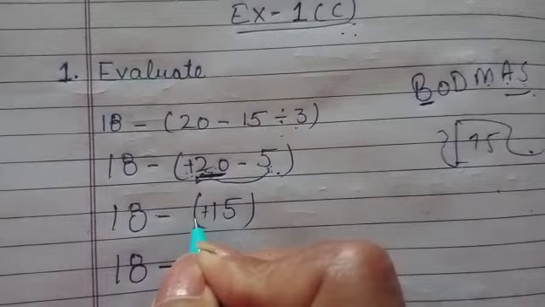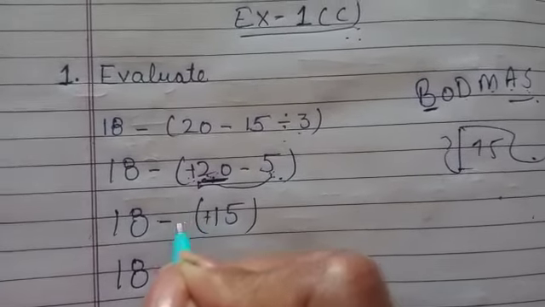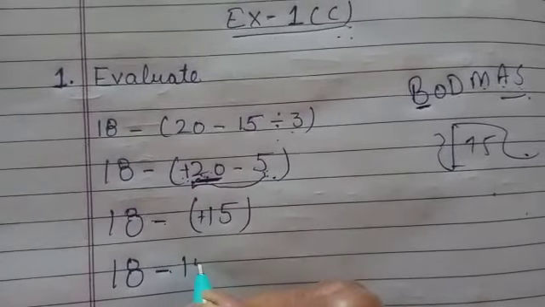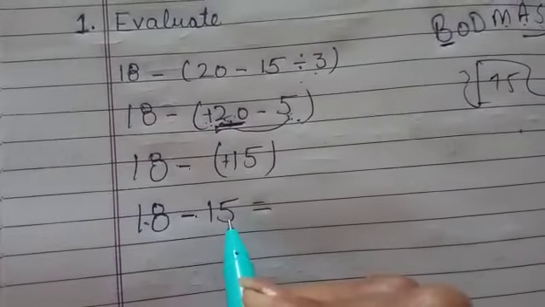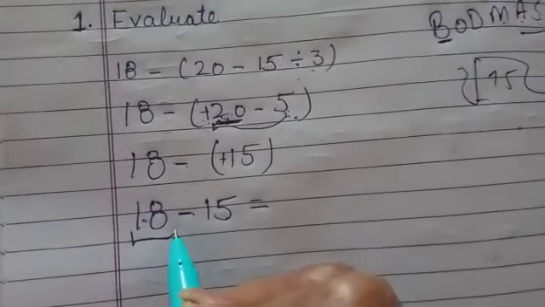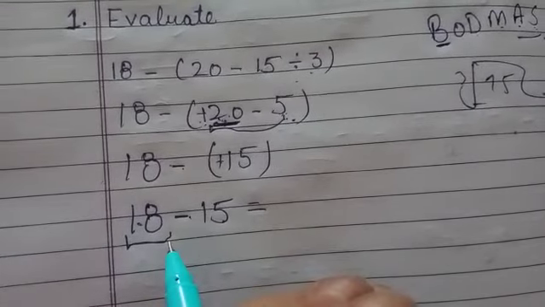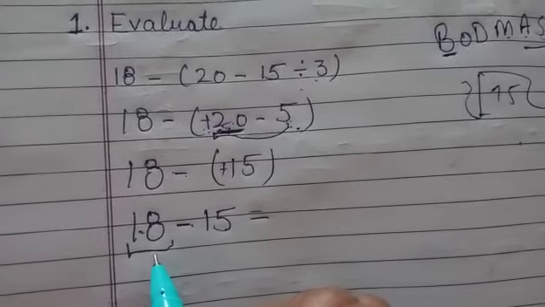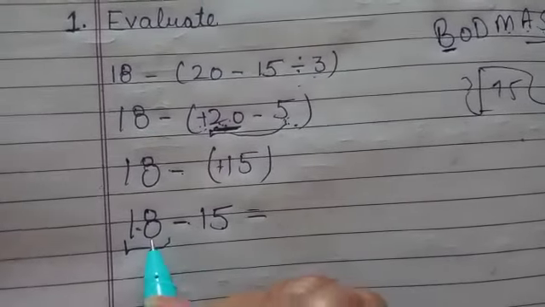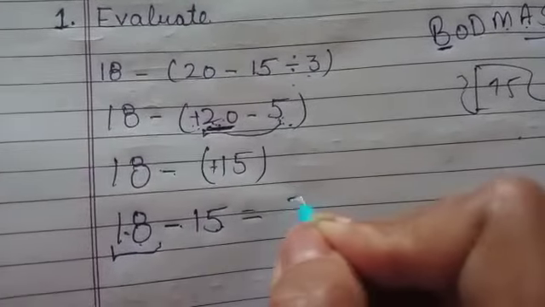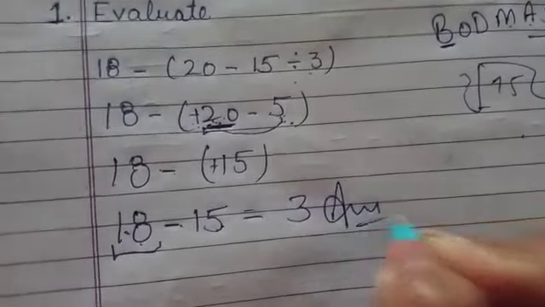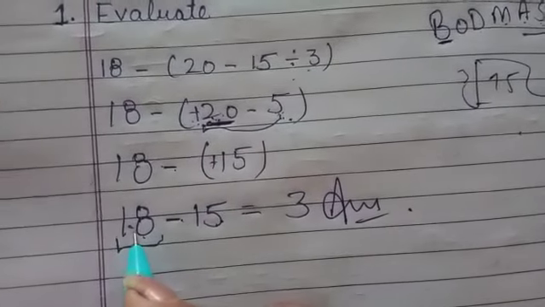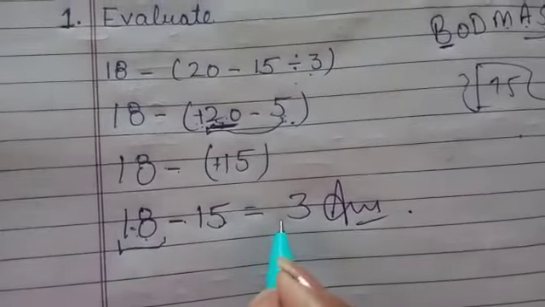If there is nothing in front of 15, it means it is positive. Now the meaning of bracket is multiplication, so plus times minus is minus. Again there is a fight of 18 and 15. Which is the bigger number? 18. So the answer will be positive. Now with how many numbers will this 18 win the match? That is 3. So 3 will be the answer. क्या है ना, 18 जो हमारे पास वो पॉजिटिव है, तो आंसर भी पॉजिटिव रहेगा.